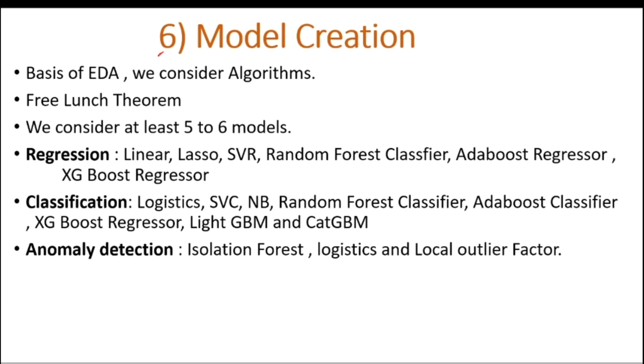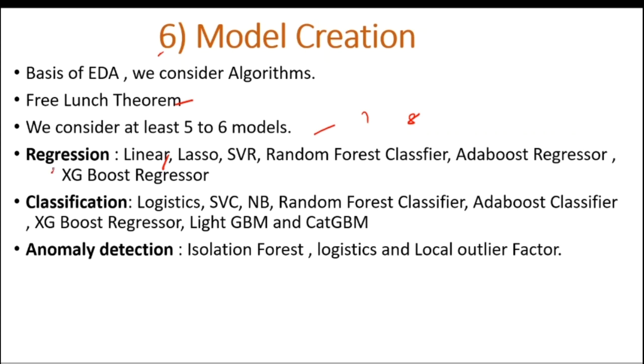So basically there is a term, the free lunch theorem. It states that no model works well for every problem. So it happens that linear regression would work for one particular type of problem, and lasso regression for another; there is no such thing that one model works for every problem. So we have to try each and every model and see the results. And machine learning is all about experiments. We have to do experiments, then we can see the results. We have to tune that so we can get a better result. So generally we consider 5 to 6 models, 7 models, 8 models, 10 models. The number could go anywhere because it all depends upon the accuracy. If we are not getting the accuracy, we have to research and use another model.